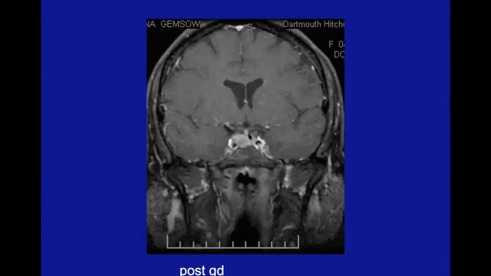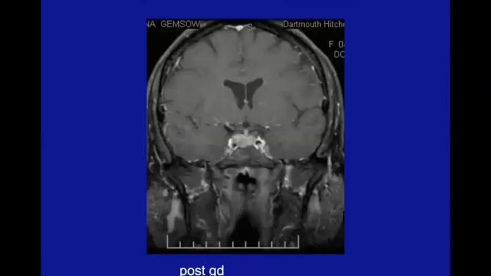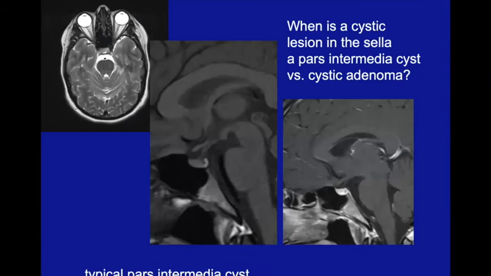So here you can see this is the later image. So we'll go back to the dynamic imaging and you can see this area of diminished filling. And then if you wait a little bit, the gland and the tumor fill in. So the tumor actually is less evident on the late imaging. So again, be careful about this. And I would say that early imaging and dynamic imaging can show you lesions that are difficult to identify on the routine post-contrast imaging. So during the enhanced scan, frequently you'll see areas of diminished enhancement at the junction of